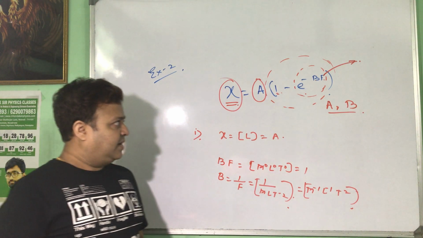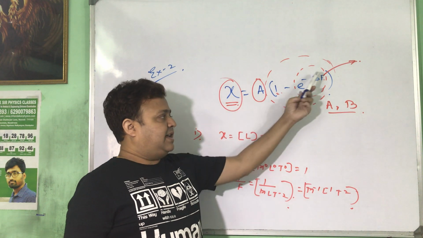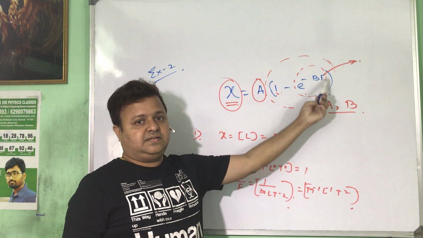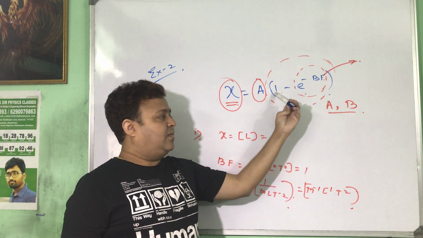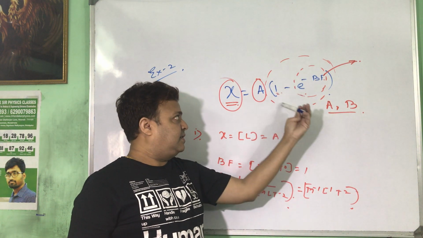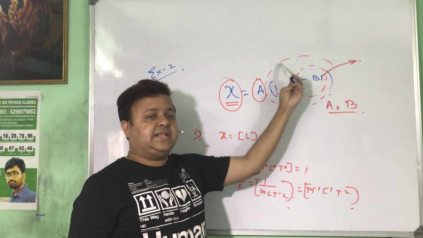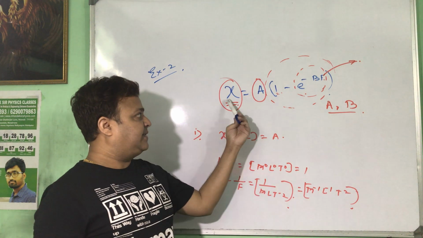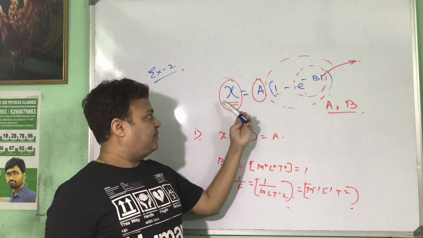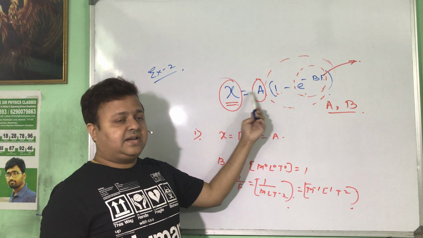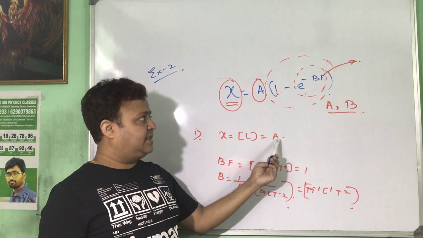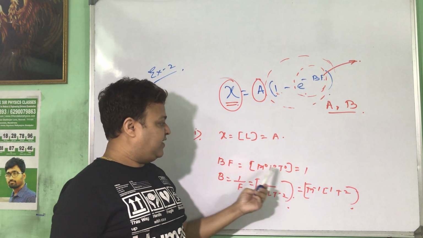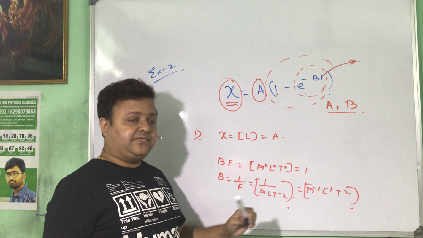Again repeating, x is length, f is force. This is the mathematical term because this is known as the exponential part. 1 is the mathematical number, that means the total part is the mathematical term, that is the dimensionless quantity. According to the principle of homogeneity, the dimension of the left hand side equals the right hand side. So the dimension of x must be equal to the dimension of A. The dimension of x is the length, that is A is the length. This is also a mathematical term, power system. BF equals 1, so B equals the inverse of force.